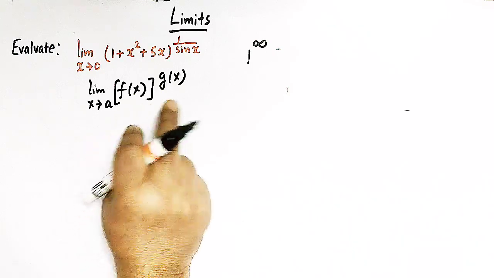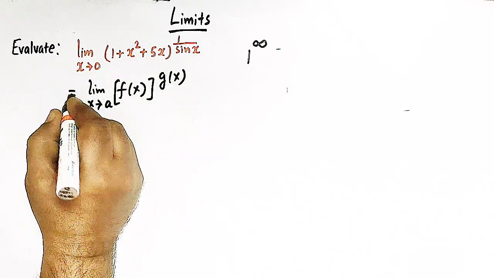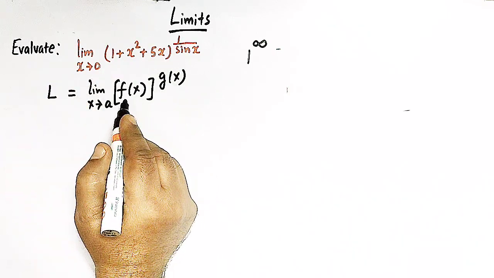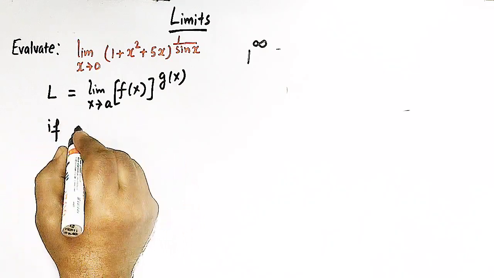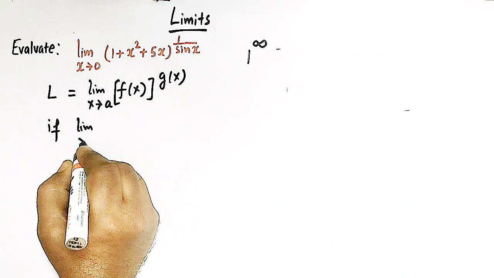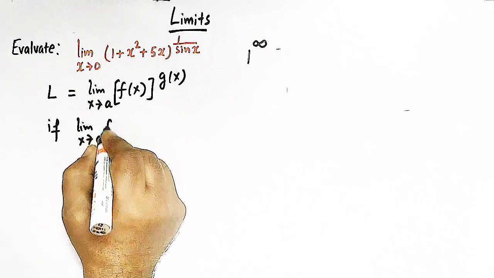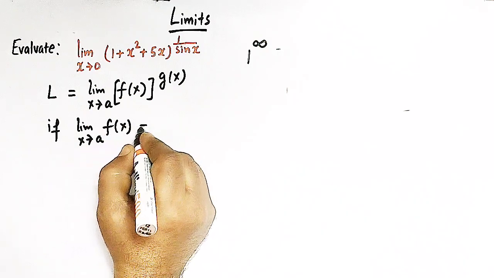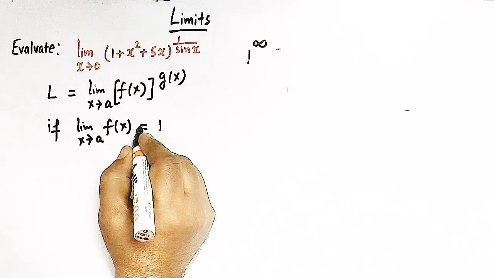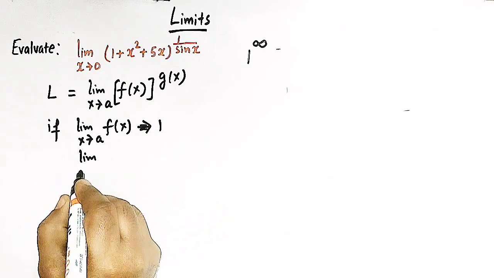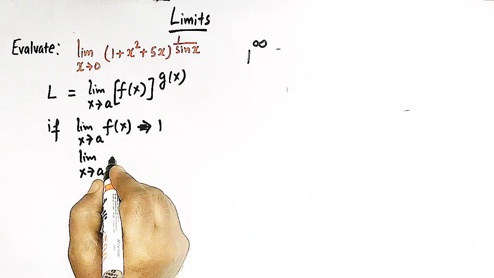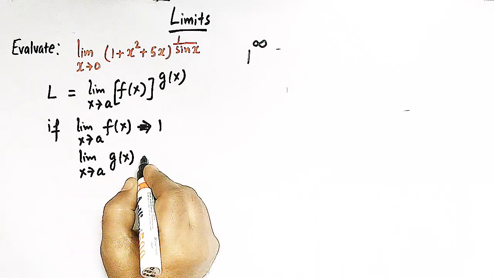Whenever we have a limit of this form, let us call the value of this limit as L. And if we have the condition that limit x tends to a, f of x is equal to 1 or tends to 1, and limit x tends to a, g of x tends